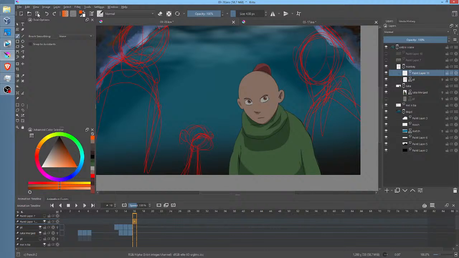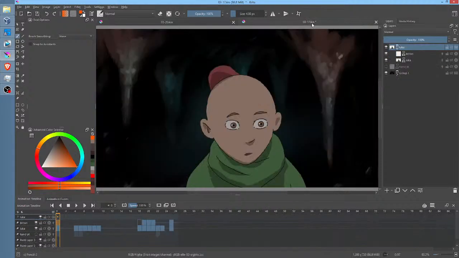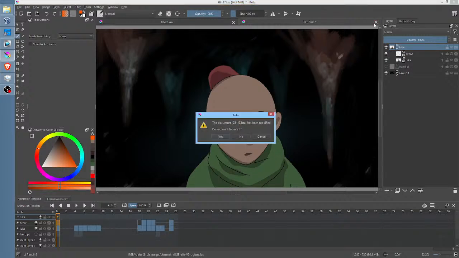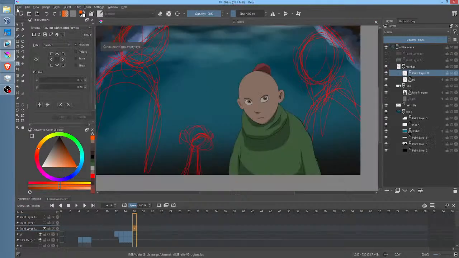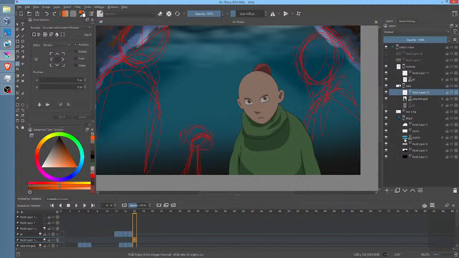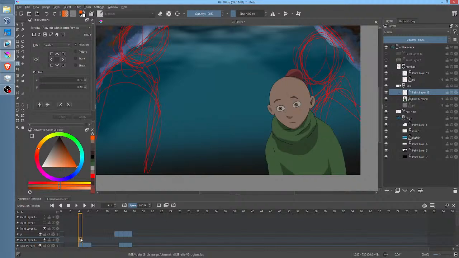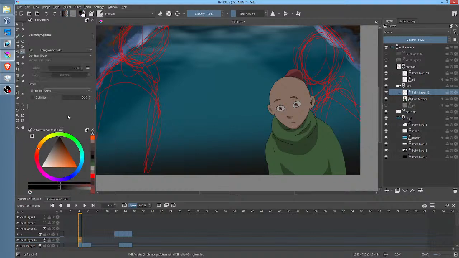let's do a couple things. First of all, let's jump back, not to this, and I don't want to accept the changes. Okay. Oh, by the way, I forgot something. Luca needs one more change. What we're going to do here on Luca to really punch him up is we're going to add a new layer, and we're going to add a shadow layer. Okay?